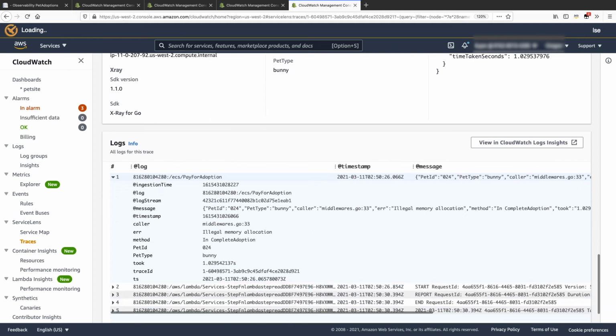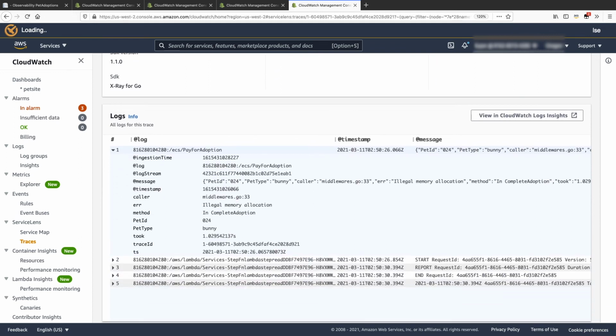You expand this item and find the error, illegal memory allocation. Remember, we found that memory pattern fluctuating earlier. This validated our thought that the end user problem may relate to a memory constraint.